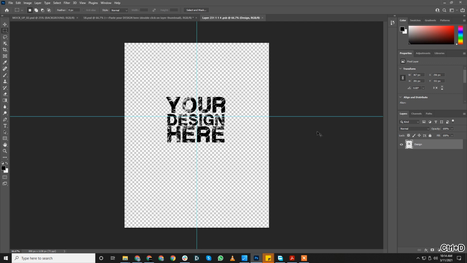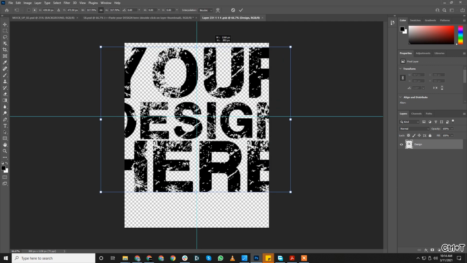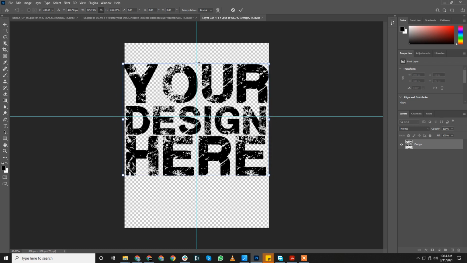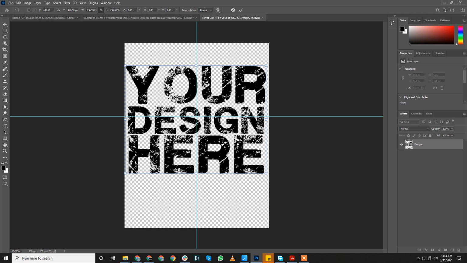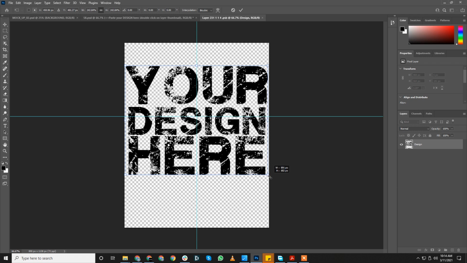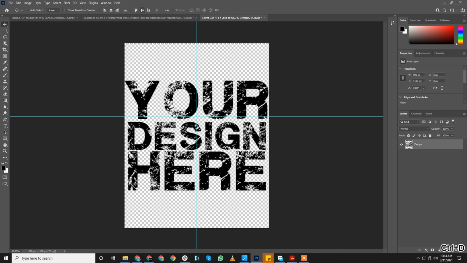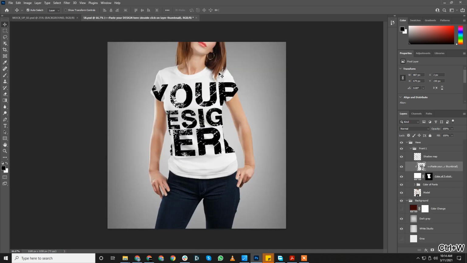And how we'll do that is, we'll press Ctrl T. Let us fit it to, okay. Now I'll just center align the design. Maybe you want to take the design to the top, whatever you feel. Close this down. Now I'll press Ctrl T, and as you can see, this is the bounding box.